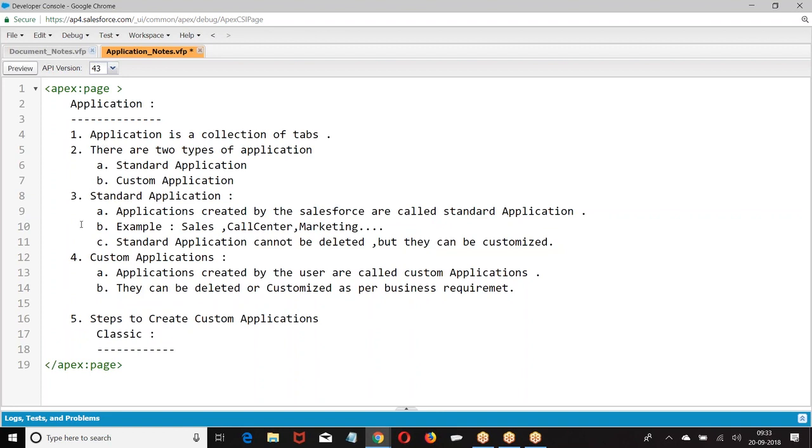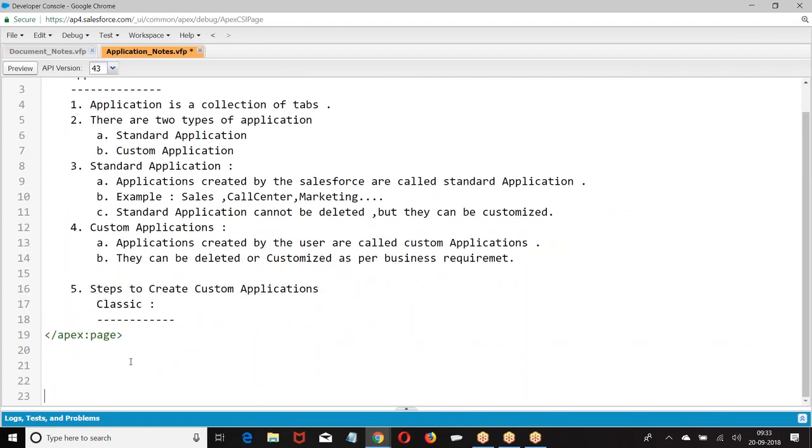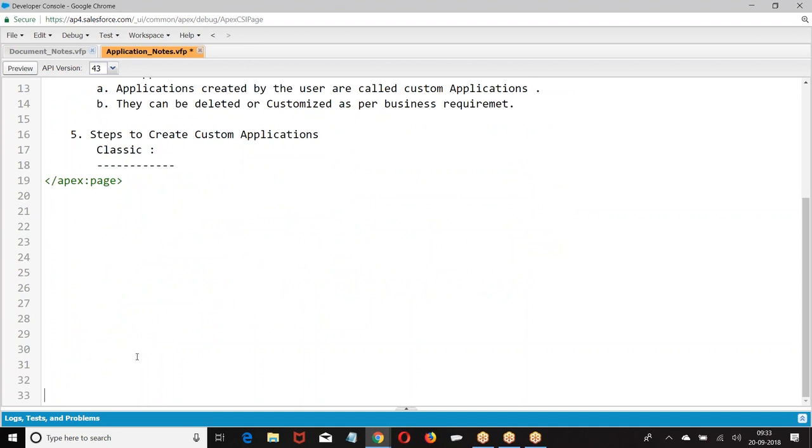In classic, we have seen the creation of an application. Setup, build, create, apps, new application.